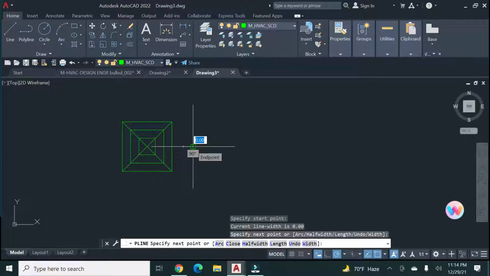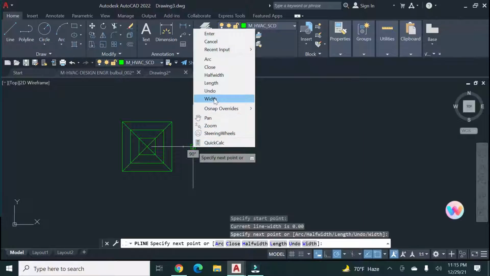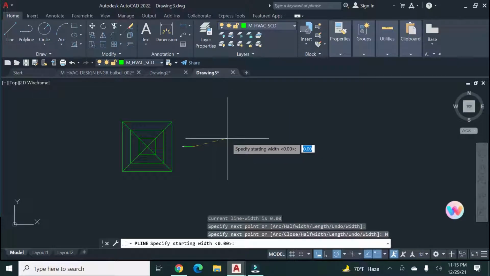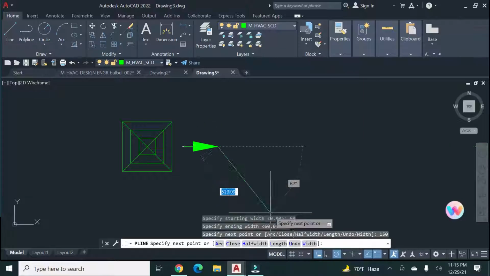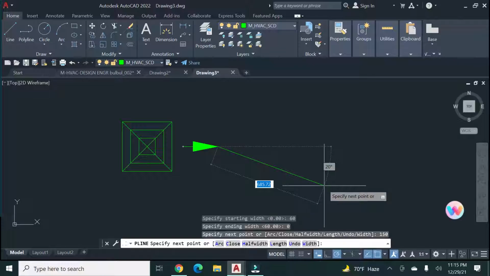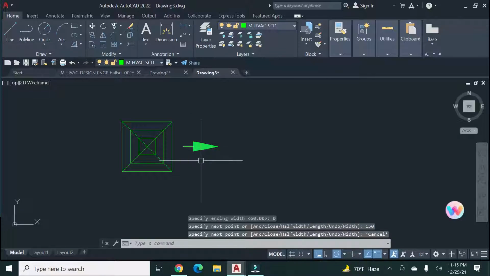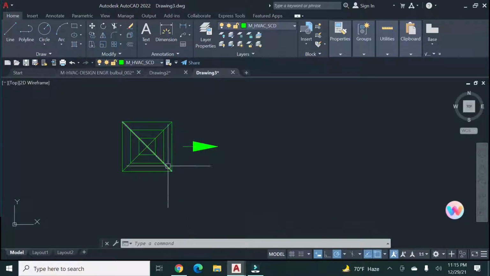Then mouse right button click, and I'll take width 60 mm, and enter 0 mm. Okay, like that. How long? I will take this length for the arrow, enter. Okay, just ESC back. This arrow gives the direction of the air.